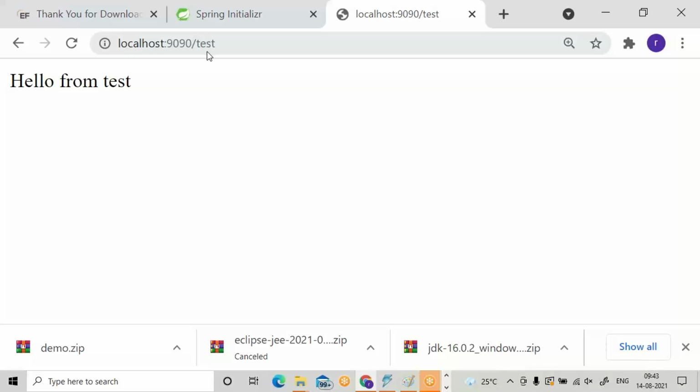You got the output. Very simple. We have seen the output of the first REST web service. If you have any kind of errors, don't worry. I'll show you the entire process once again.